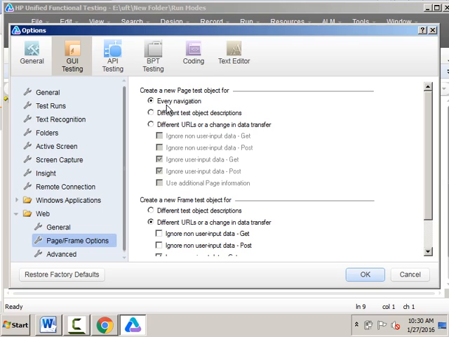Normally, some people use this option for every page. So there is something called page level framework. Okay, so for one page, they will create some functions. They will add the objects. Objects and all will be categorized by page. Okay. But if you select the second option here, different test object descriptions, then no matter whatever page you navigated to,